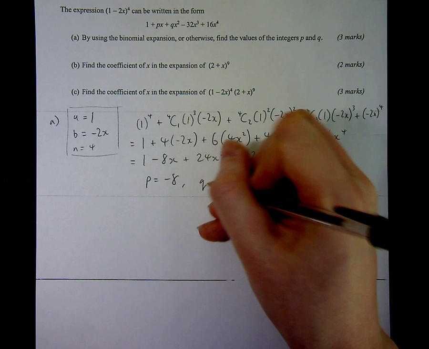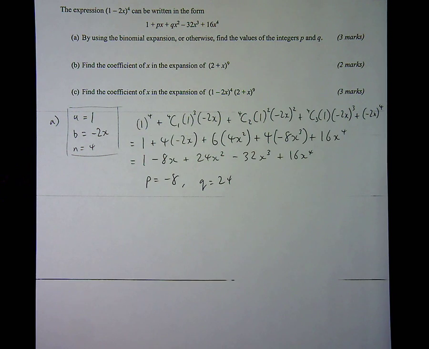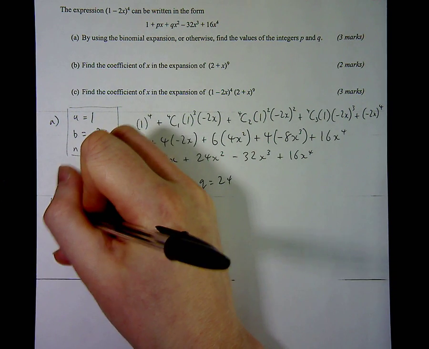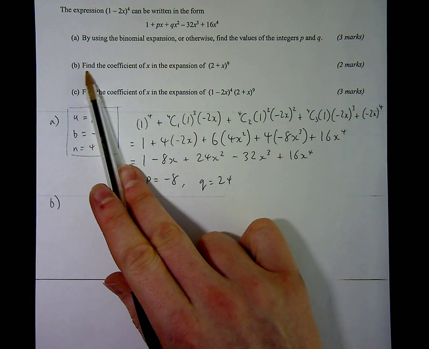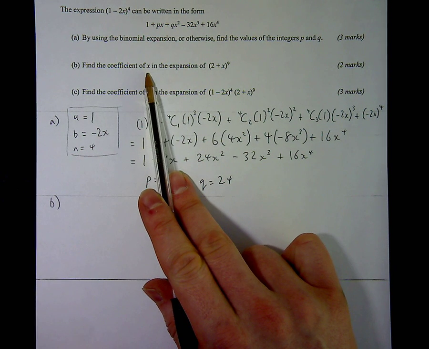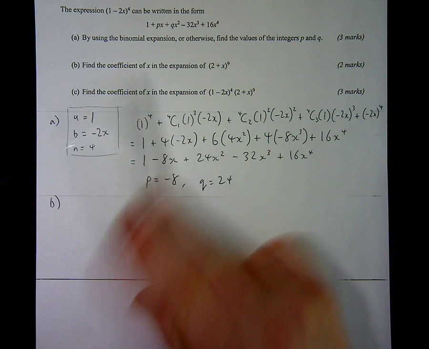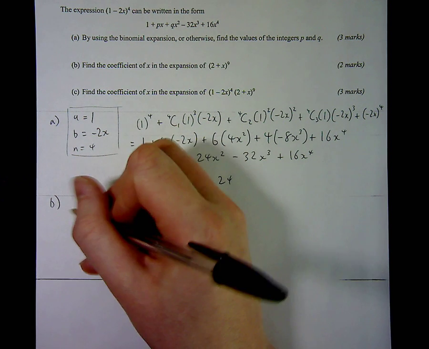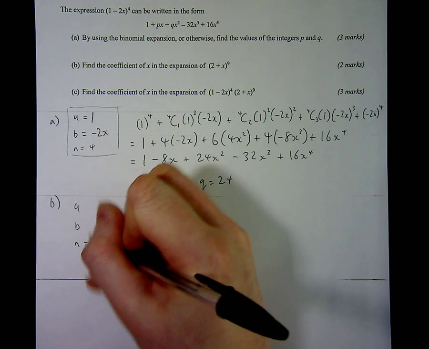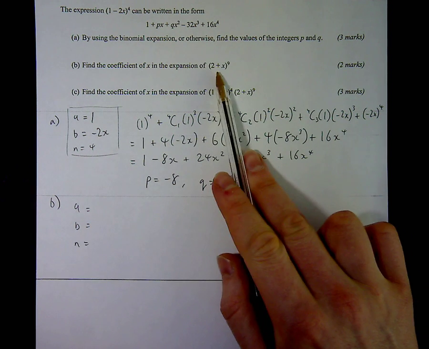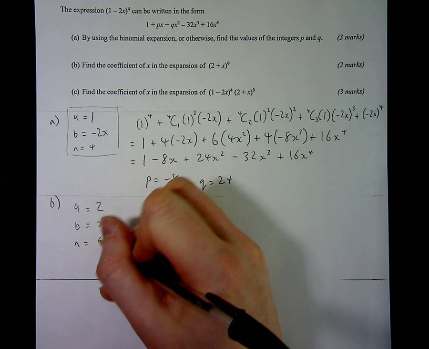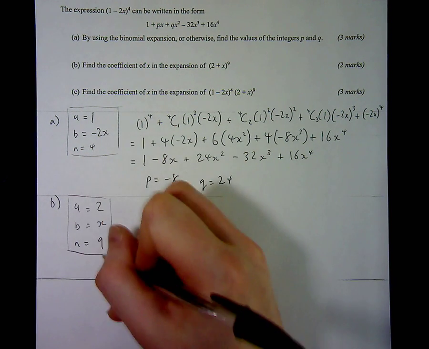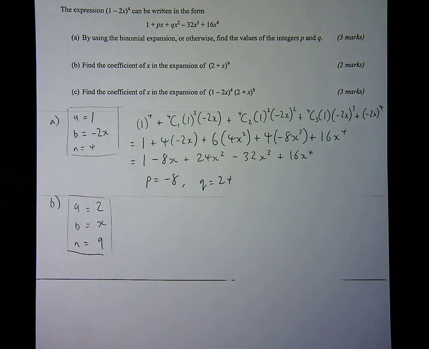For part B, I need to find the coefficient of x in the expansion of 2 plus x to the 9. Now, for any question where it just asks you for a single coefficient, there's no need to do the full expansion that we did before. I'm still going to jot down what a, b, and n are. So using the same setup, a is going to be 2, b is going to be x, n is going to be 9. Now, when I substitute them into my same formula here, I don't actually need to carry on right to the end